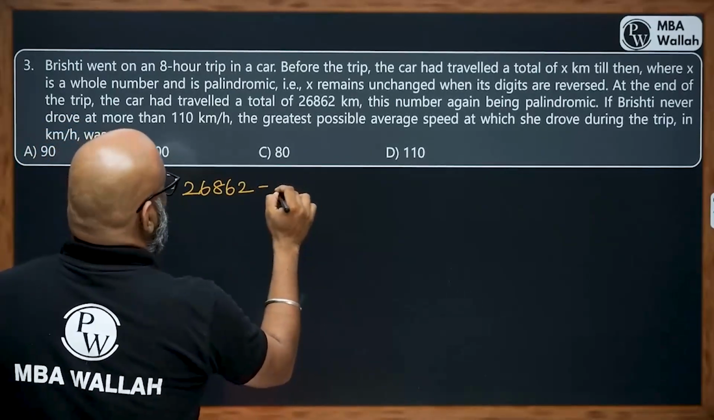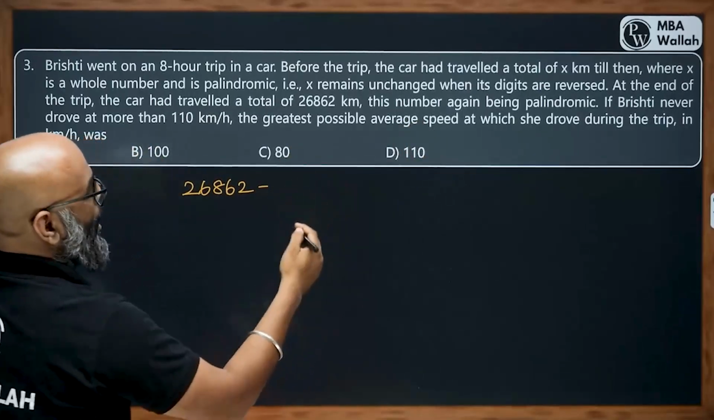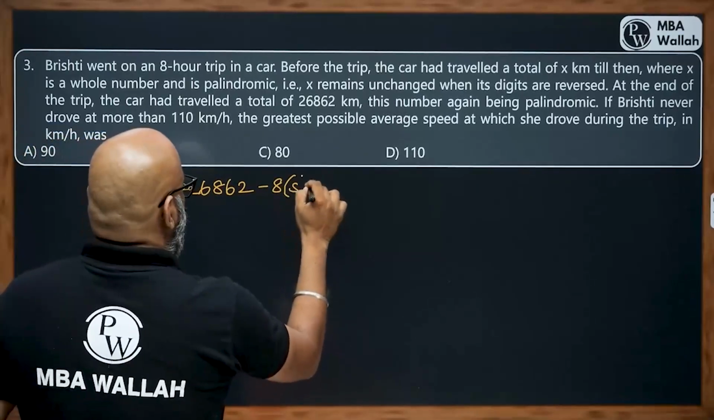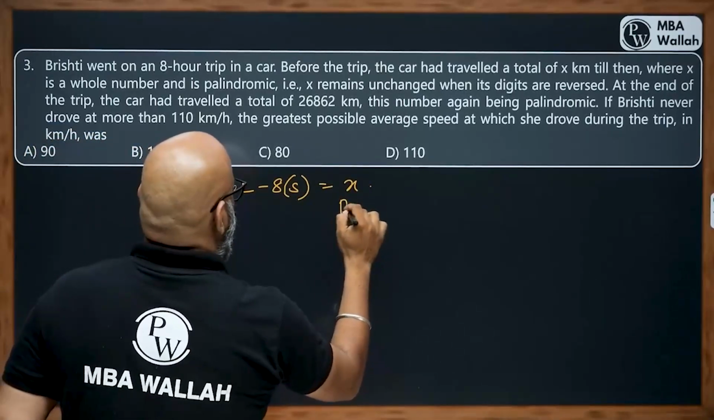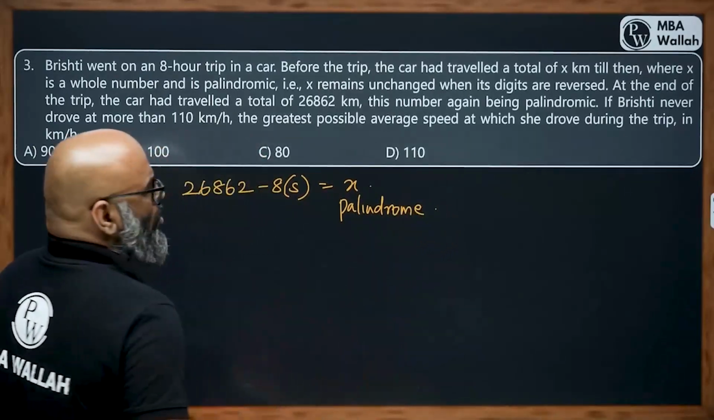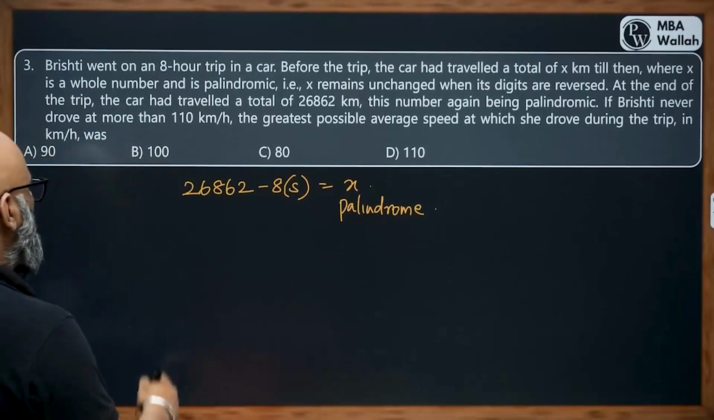26862 minus X kilometers. I don't know what X is, the kilometers here. I don't know what the speed is, but 8 times her speed will be X, which is a palindrome again. So we have been given options. We can substitute one option at a time and then see whether it works. So first